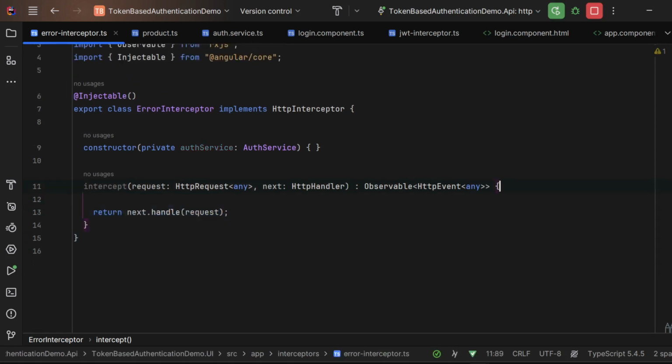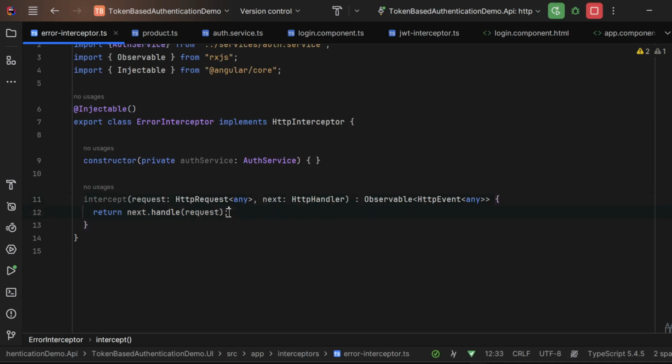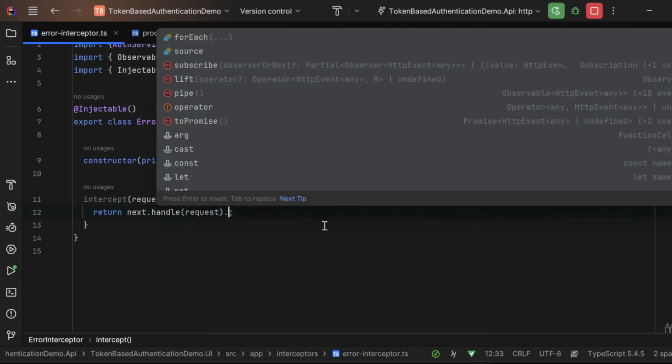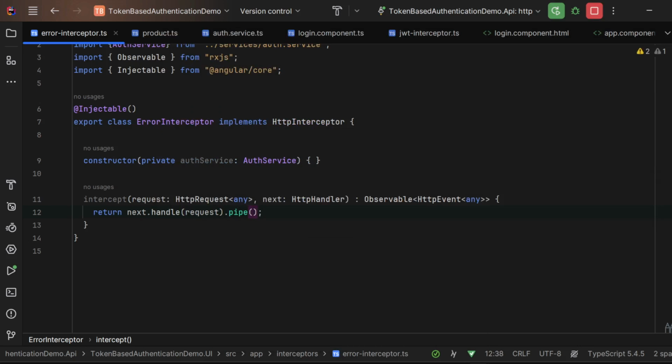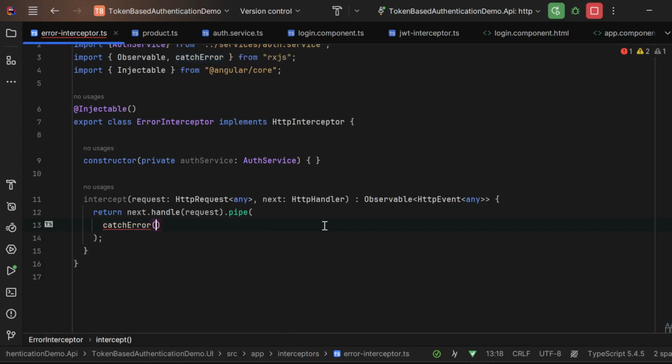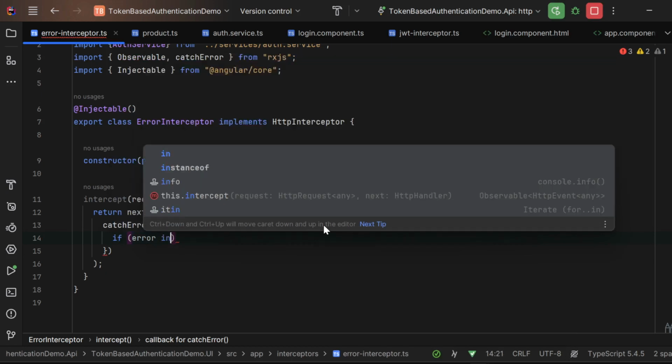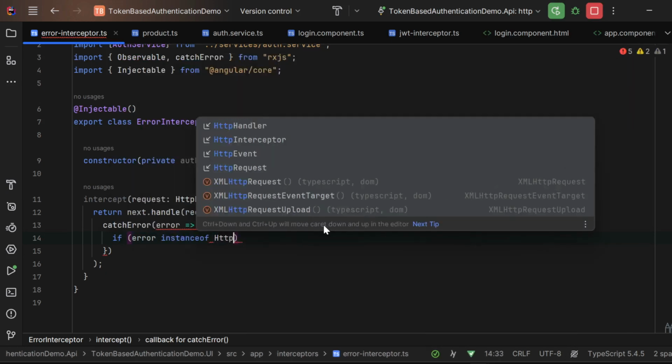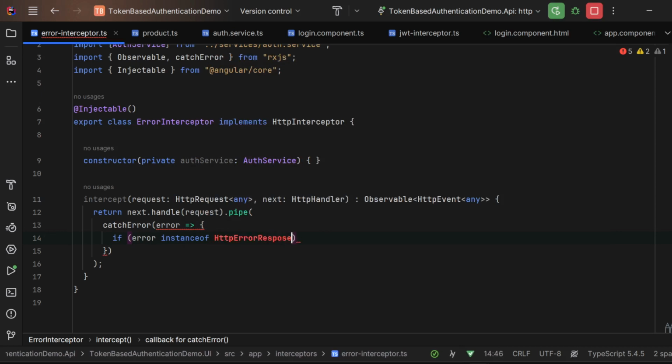And now we will modify the content of that intercept method because the behavior will be slightly different. We have to remove everything and react on the error that will occur after performing an HTTP request. So next.handle request, then the pipe method, and inside of that pipe we'll use the catch error method. We have to import this from RxJS. And now, in case of any error, we have to type an if statement, and if the error is instance of HTTP error response,